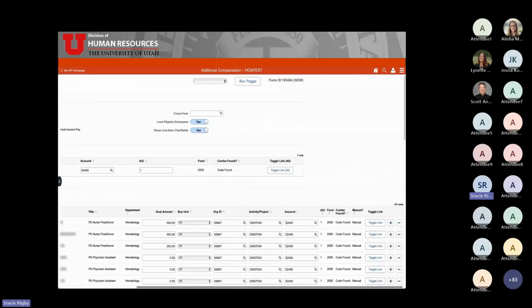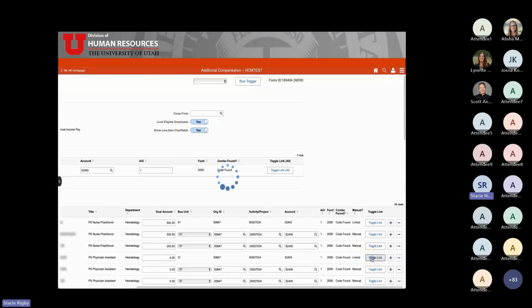Let me scroll over here. Now all of the rows are set to manual, and if we wanted to close off rows here, we can again toggle individual rows to be linked to the chart field above. If the row is set to manual, but the chart field is still the same as above in the form, it's not going to break anything really. All we're doing is basically determining whether or not these fields are opened up